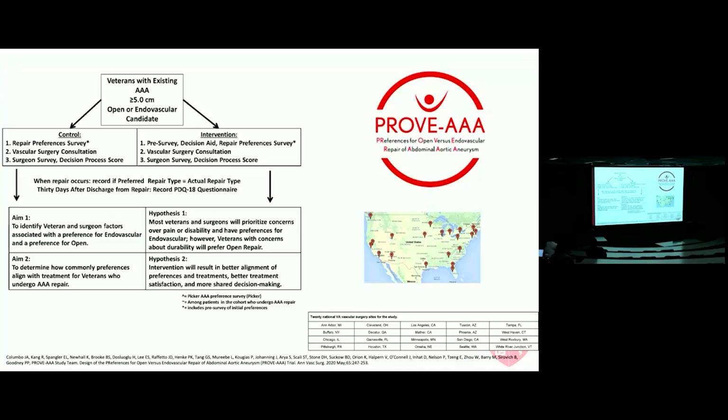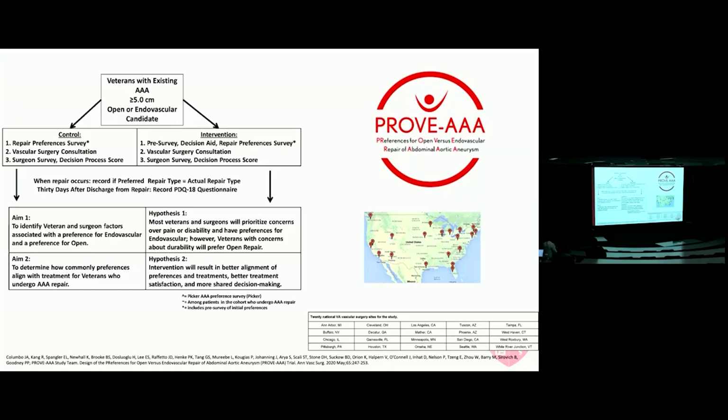So this was the trial design where veterans who were eligible for both repairs were randomized by site. So the cluster randomization happened at different sites. There were 20 sites across the country involved, 20 VAs. I had the distinct pleasure of being site PI for 2 sites. So not only did I run the trial in Atlanta, when I moved to Palo Alto, I started that up as a site, and we finished data collection for both.